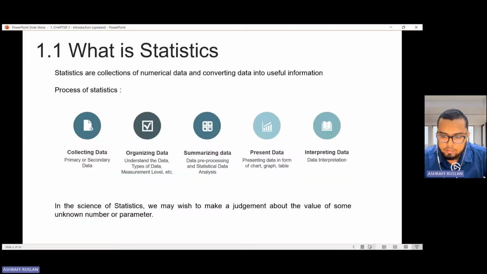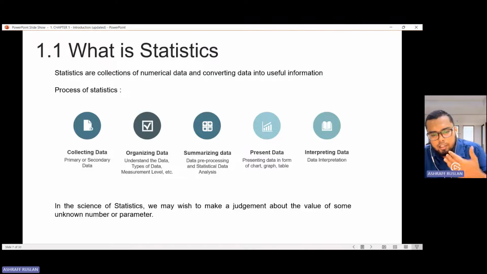Right, so statistics in simple words. I always use summarization or simple words or analogy so that students don't have to memorize, but they need to understand. About this subject, it's about collecting data, from whatever sources, either primary or secondary sources. After you have collected, you need to organize your data.